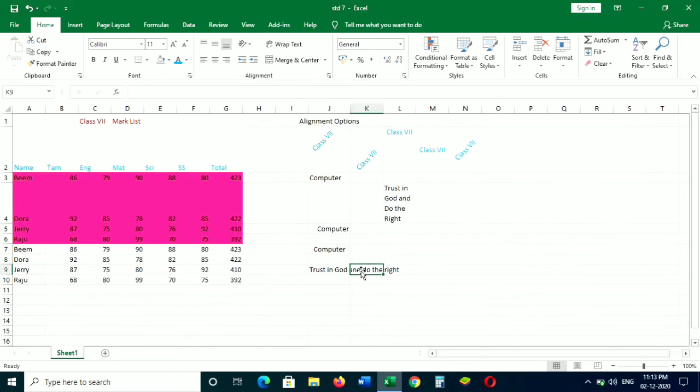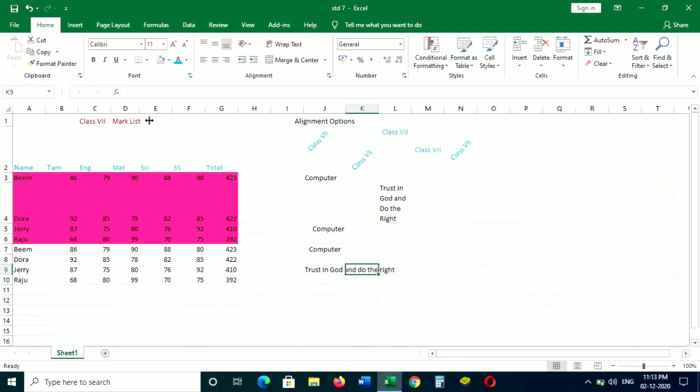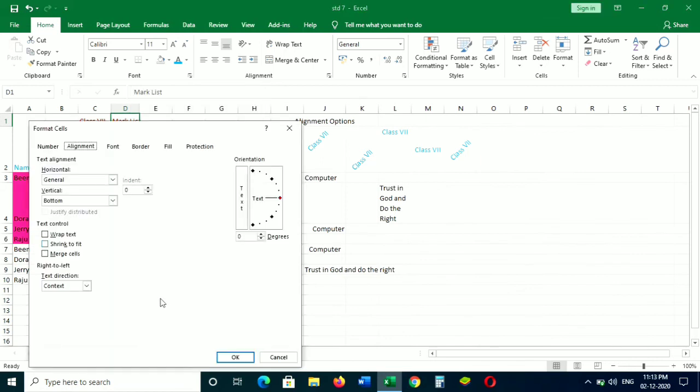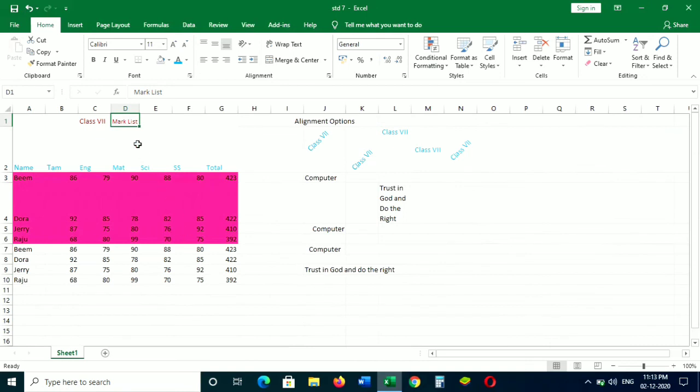Next, to shrink text into one cell, select the data, right click on the selected cell, click Format Cells. From the Format Cell dialog box displayed, click on the Shrink to Fit and click OK. You can see the data get shrunk.